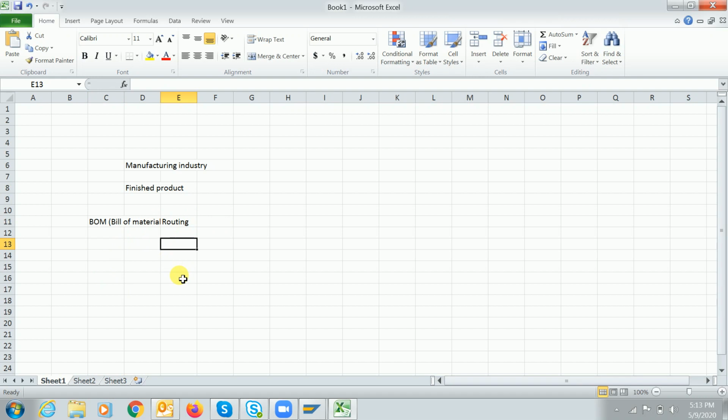Out of this production expenditure, we might have incurred some other expenditures as well. For example, administration expenditures like salaries and office maintenance charges. Another one is selling and marketing expenditure, and we might have some financial expenditures as well.